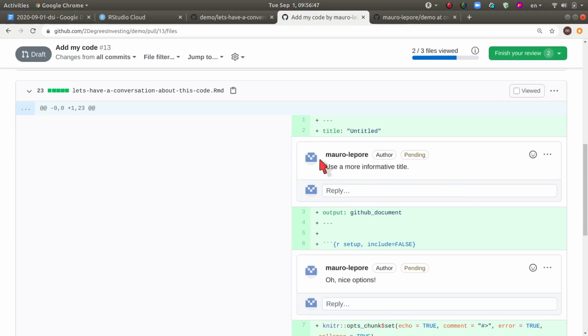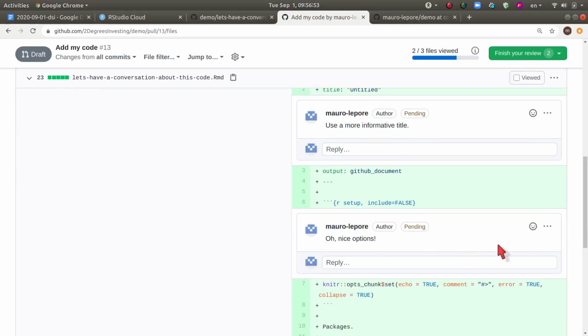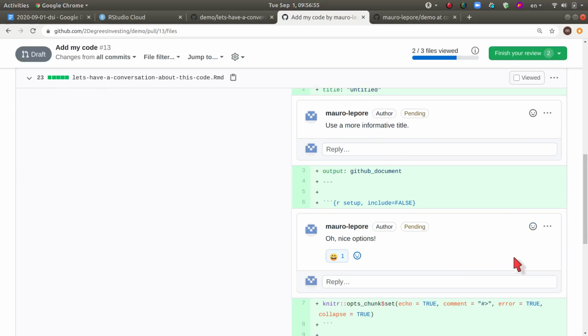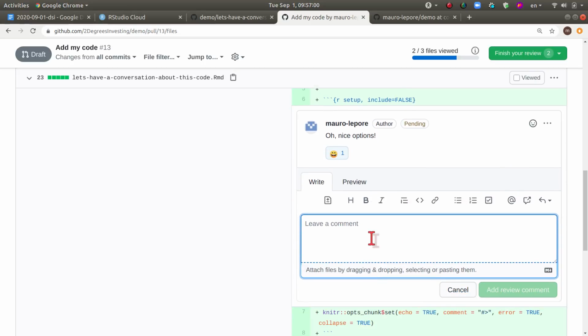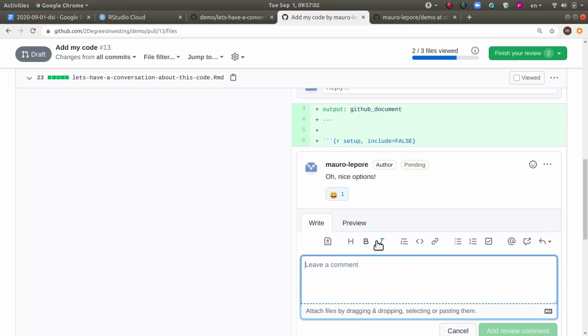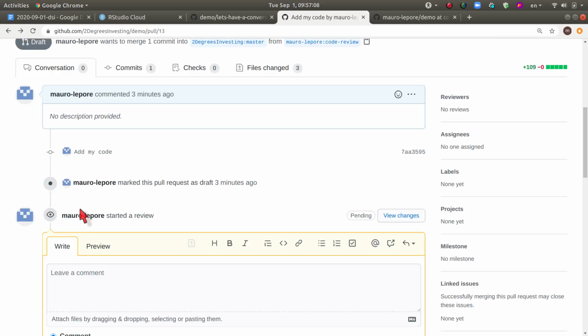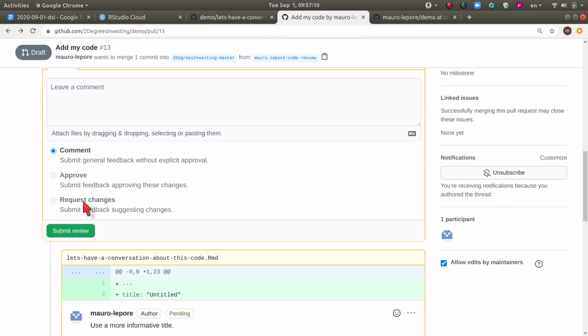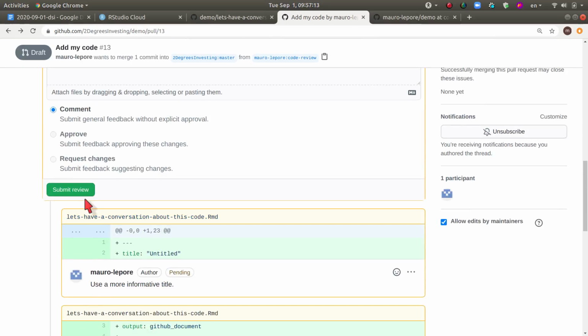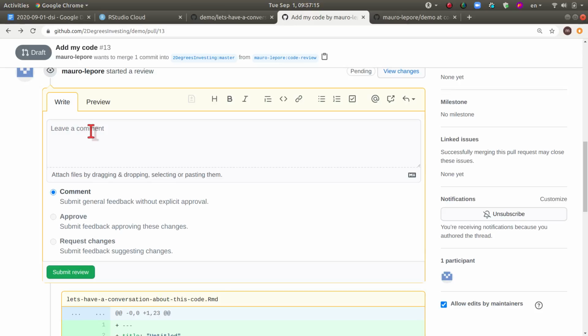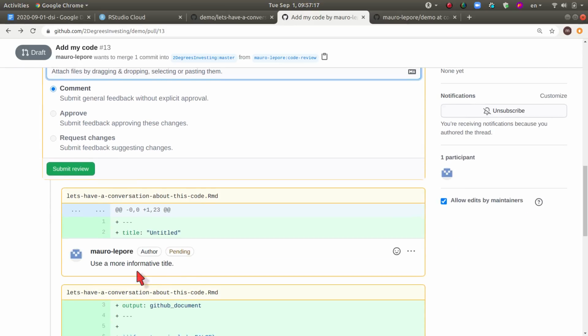what happens. So each comment that one person writes leaves a space there for where is the nice options? Let's do a little nice face. So it leaves another space for someone else to reply and even to solve the conversation. So let's see how this looks, not on the files changed tab, but in the conversations tab. So all the comments that were added are now appearing